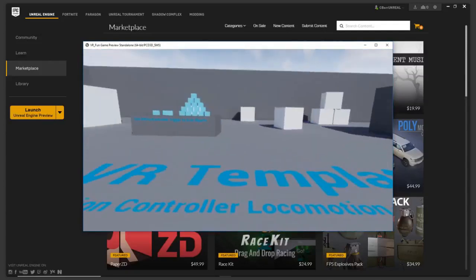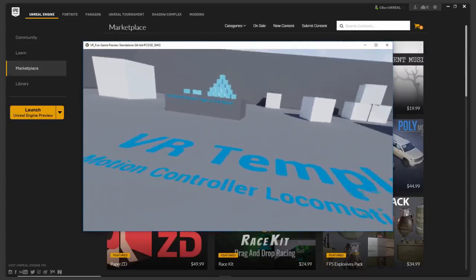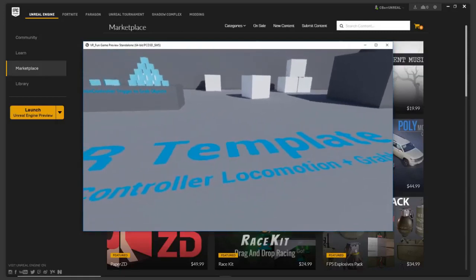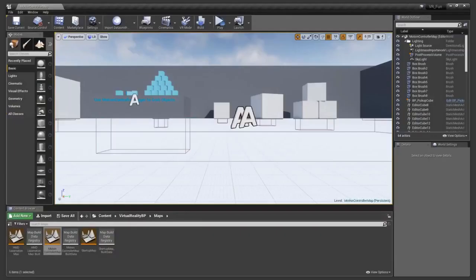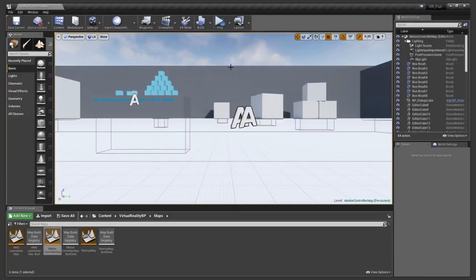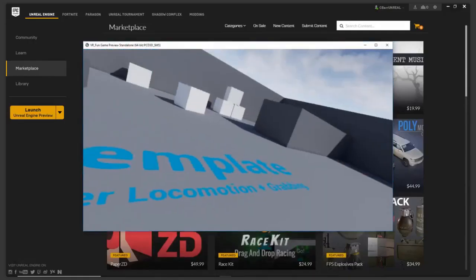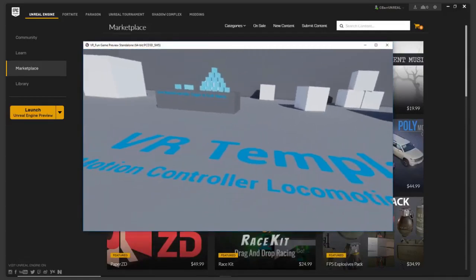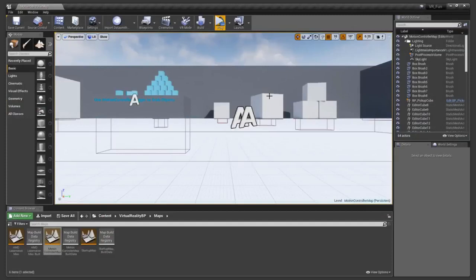So what the VR template is going to give you right out of the box is some motion controllers, things like hands, which you can swap into different things. And it's also going to give you the ability to teleport around in the scene if you want to be able to do that as well. So at any time, because I've selected that VR preview, I can just hit that and launch into kind of a standalone version of my preview and work with it as I go. So I wanted to show the VR template really simply here, as to how it works within Unreal Engine